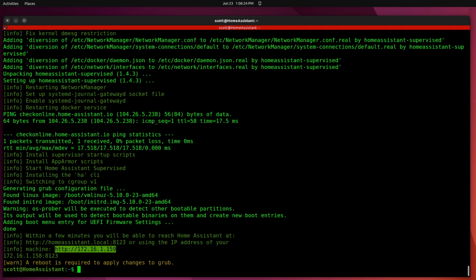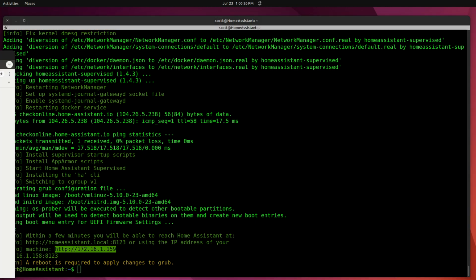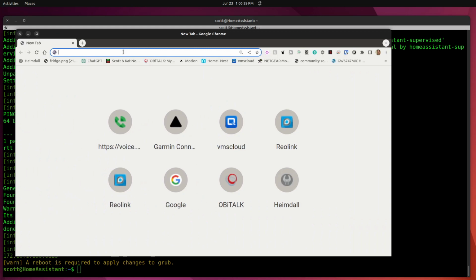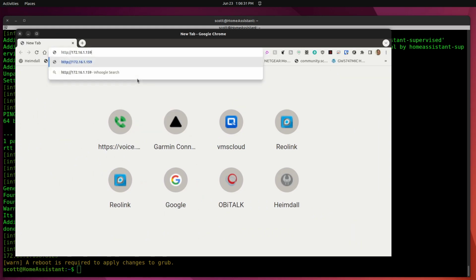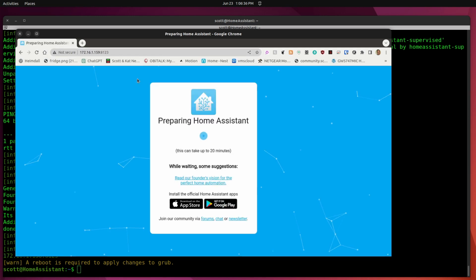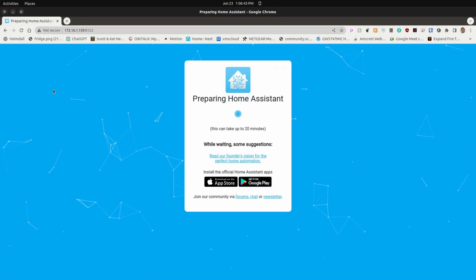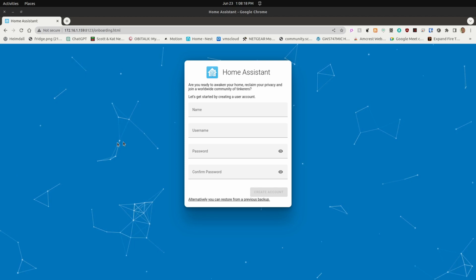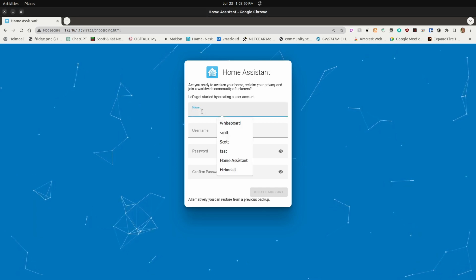8123. So if I bring up a web browser, bring it over here, and paste in that address and go to port 8123, you'll see that it says it is preparing Home Assistant, and it says it can take up to 20 minutes. This all depends on the speed of your LXD VM on your LXD host, but it should come up pretty quickly. So I guess that took about a minute or two, and now I have my Home